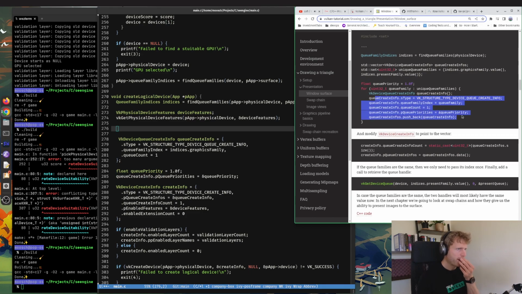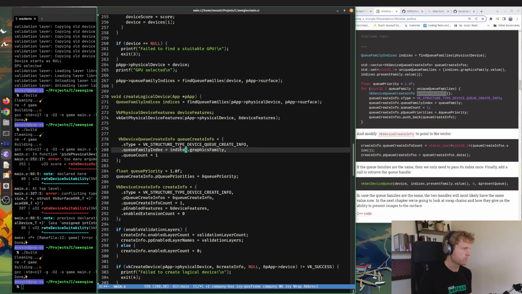So they basically do the same thing. It's just the queue priority, and that's always the same. And the queue family index is what changes. So once they've got that create info, they just do the same thing that we do, which is use it in